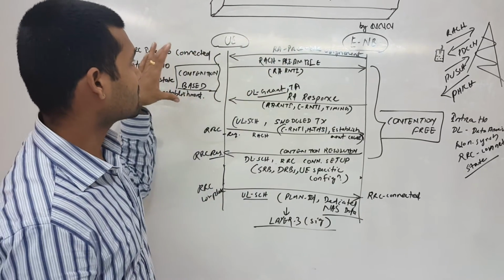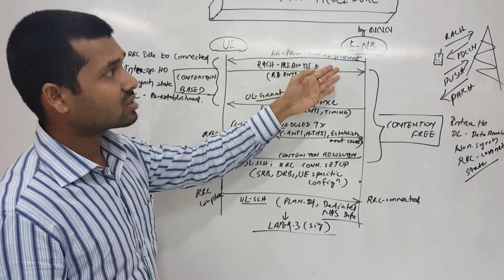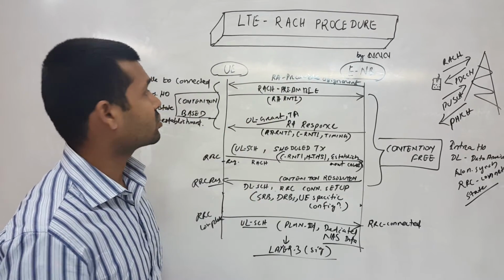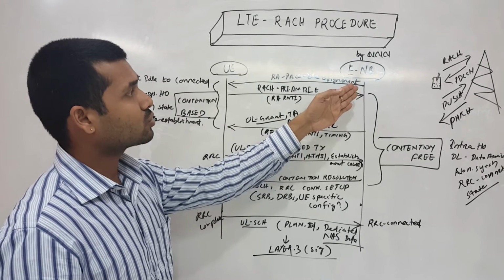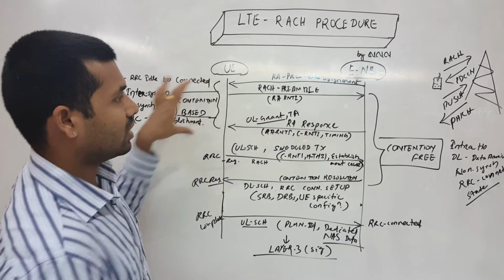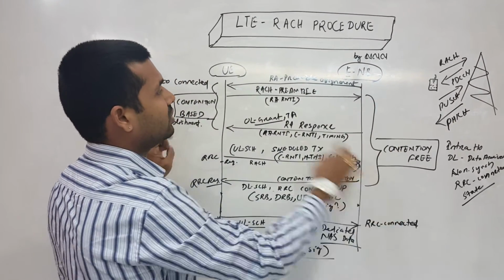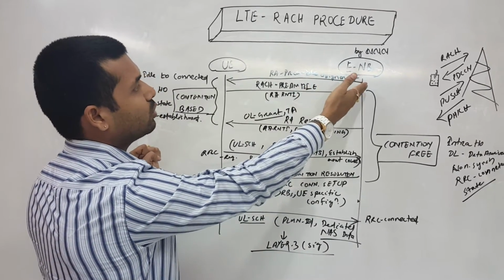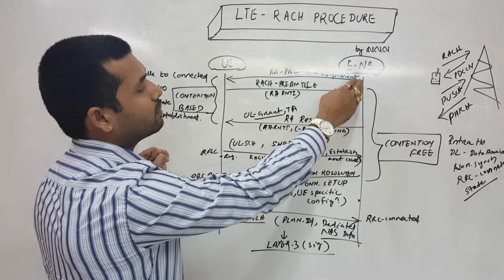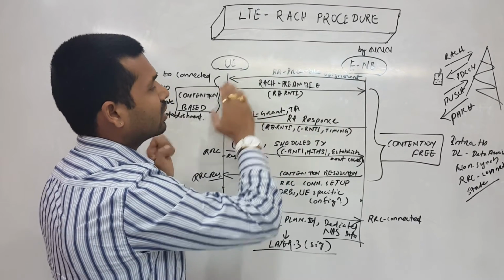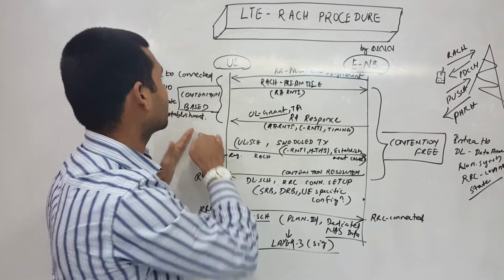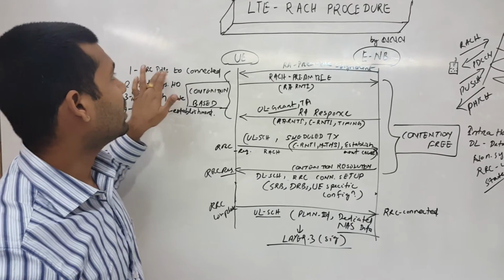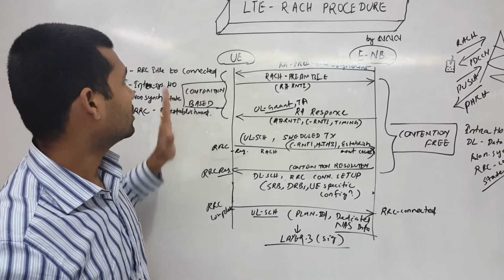Then coming to contention based. In contention based, we have some preambles that are specifically reserved for contention based use. So you can see above, I have differentiated contention free, when we request the RACH. Contention based is when the network has some specific preambles specified for contention based use. We use this when we are in RRC idle mode and we need to connect, there we can use this.